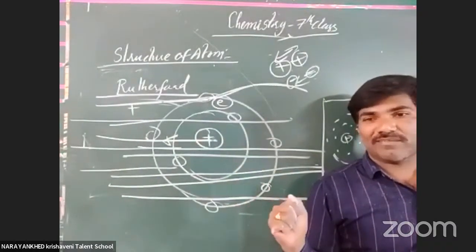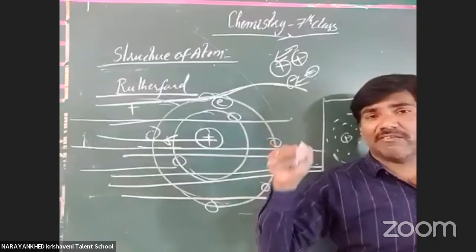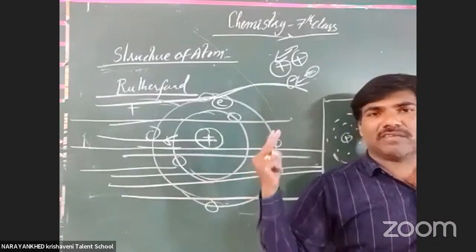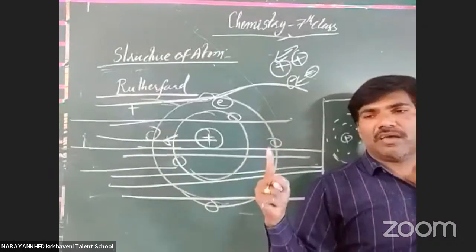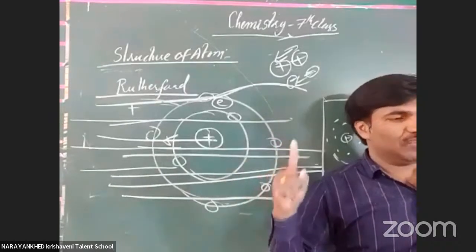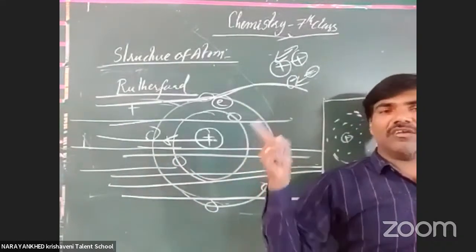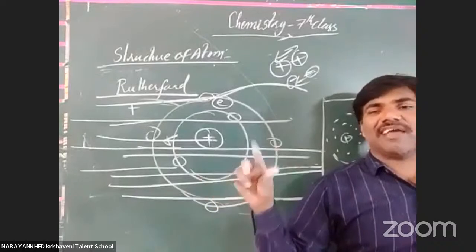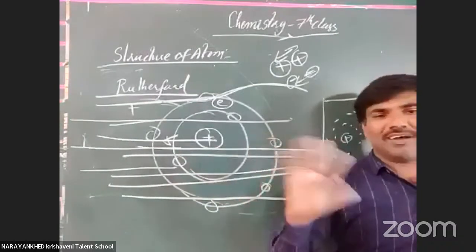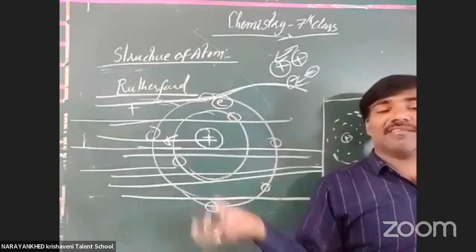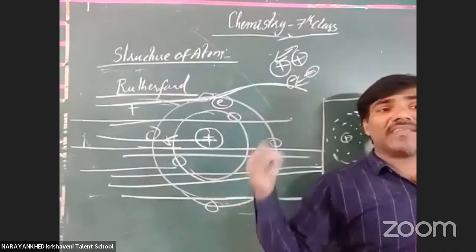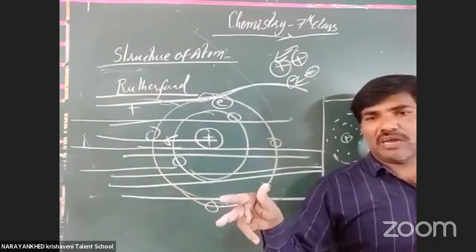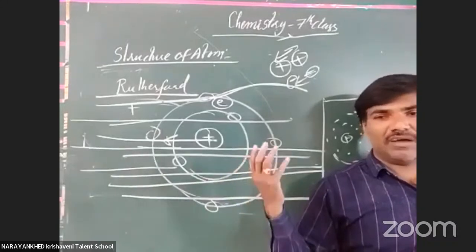Why does it not occur? For this purpose, what was given? One explanation. There are two types of forces when a body is revolving in a circular motion. One is the centripetal force, another one is the centrifugal force. On the electron, these two forces work equally as well as in opposite directions. That's why the electron is revolving like that. But it is not a correct explanation. And as well as inside the atom, where exactly are the electrons located? In orbits, there are subshells. Yes, this was also not given by Rutherford.